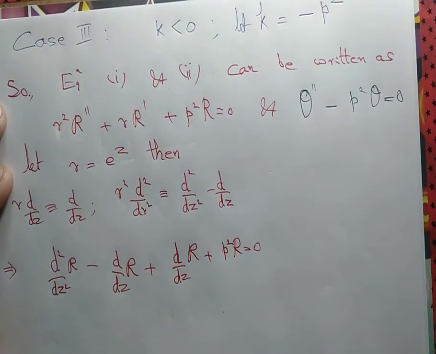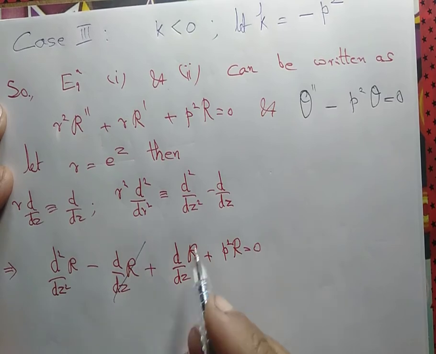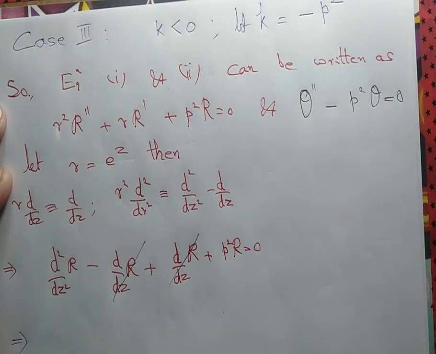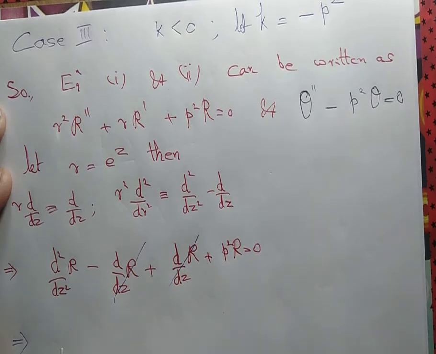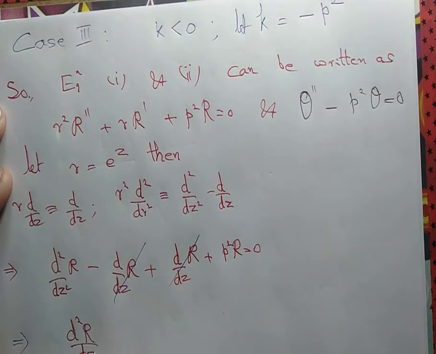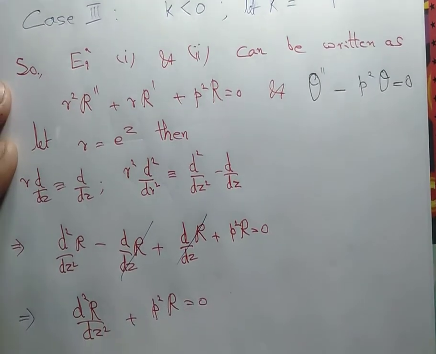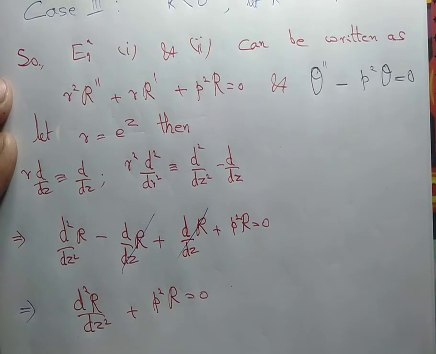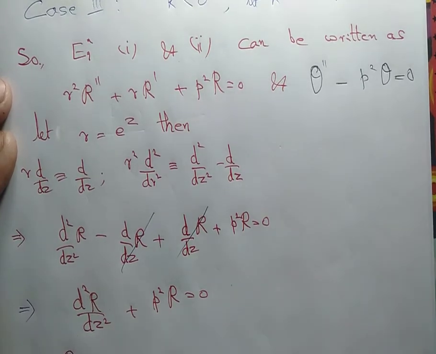Again, d by dz of r gets cancelled, and so you have d2r by dz square plus p square r equal to 0, and in that case your solution is r equal to